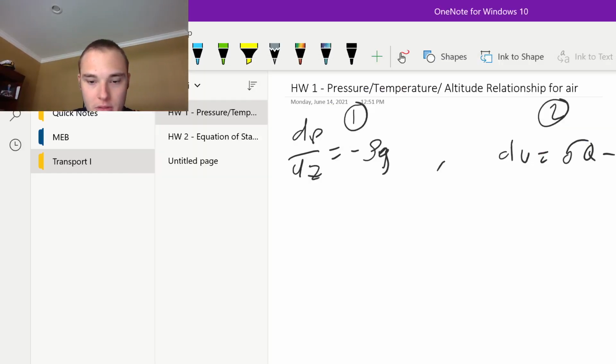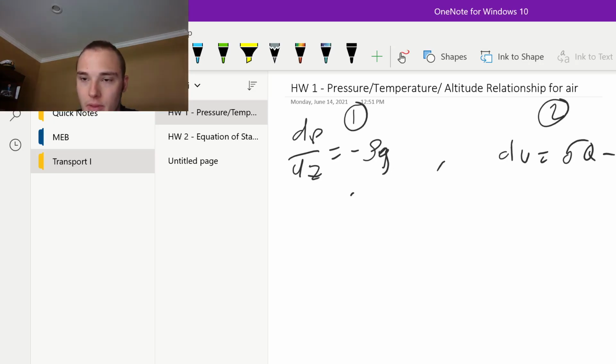Okay, so we are going to be deriving two equations, one for the temperature and one for the final pressure, with variation of altitude. We're going to be using this first equation, the basic equation of statics, first, and then we're going to be using this second equation, which is the internal energy relating the change in heat, or that small amount of heat added minus the pressure times specific volume, and then this is our ideal gas equation right here,